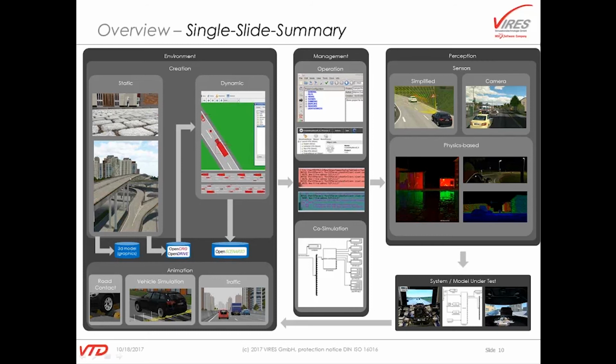We save this data in a 3D model, which is used for the graphics and for the sensors, and we save the data in a logical description, the so-called OpenDRIVE and OpenCRG, to provide a base layer to define the dynamic behavior of participants within the networks. And the resulting format for the description of how these participants behave is the OpenSCENARIO format, where we store our scenario information.